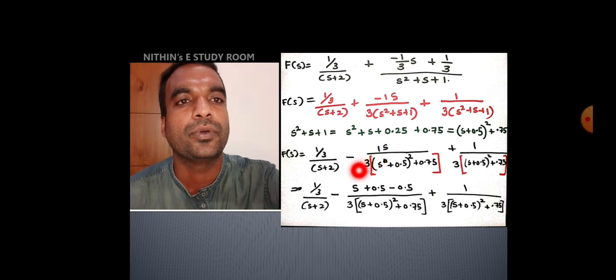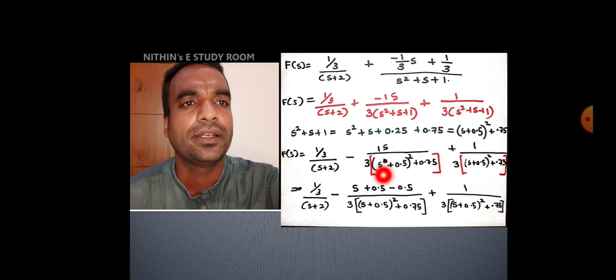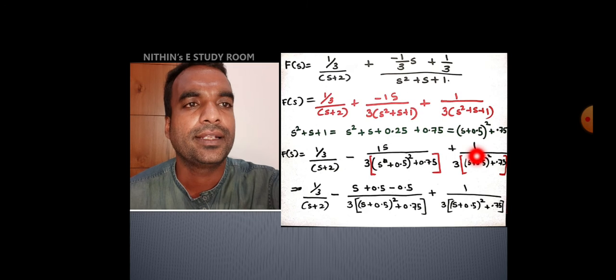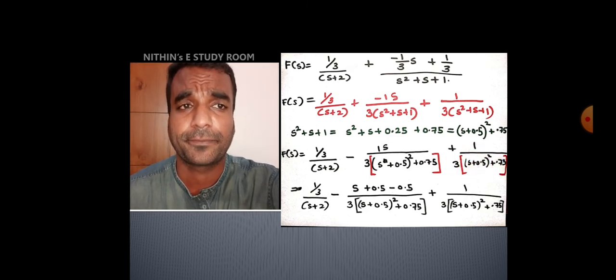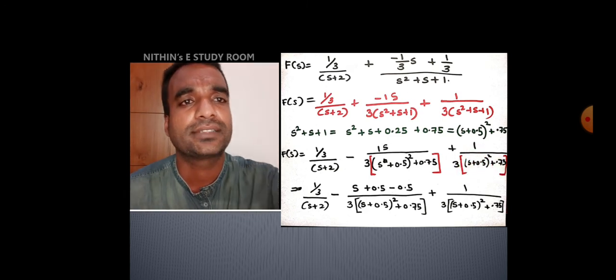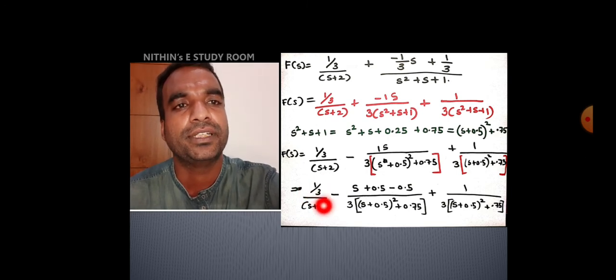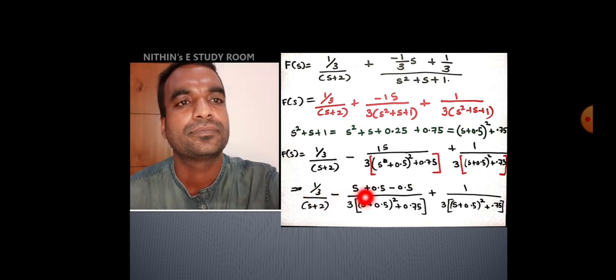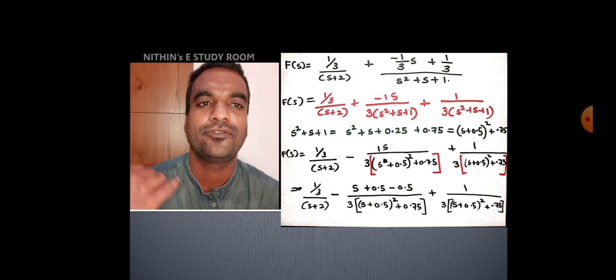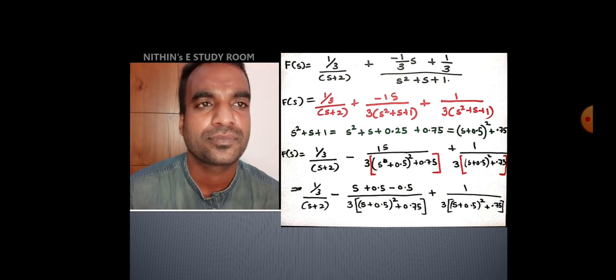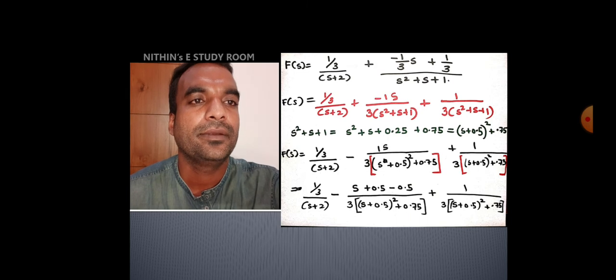So I am substituting this as the denominator of this step. So now it is the same as the previous step. In this one, I am replacing the denominator: s square plus s plus 1 is replaced here, and s square plus s plus 1 is replaced here. Now in the next step, for this one no change; minus, this is s, 1 into s. So minus (s plus 0.5 minus 0.5). I am adding plus 0.5 and subtracting 0.5, plus 1 by the same thing.